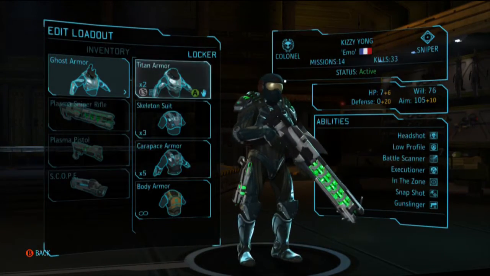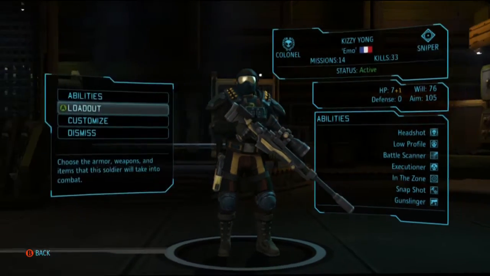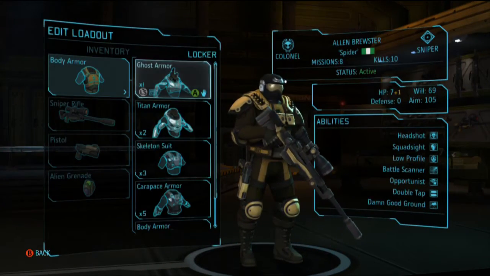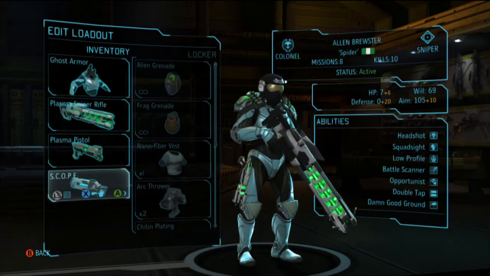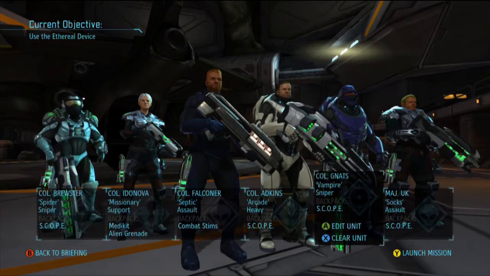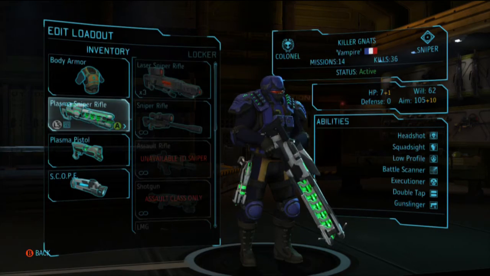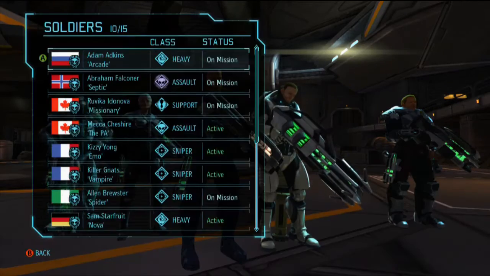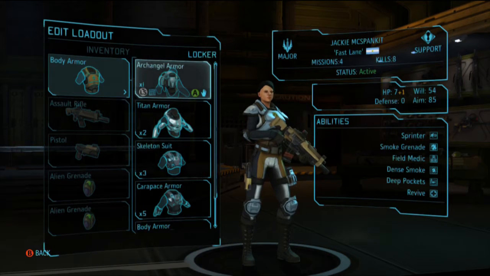So, I'm going to take off both the snipers here at the moment. I don't want either of you involved in this one. Let's get Mr. Brewster in. There you go. I don't know quite why you turn up in that colour, but, well, you have. Because I do want to get in Jackie here. I do want her to try and get her second...